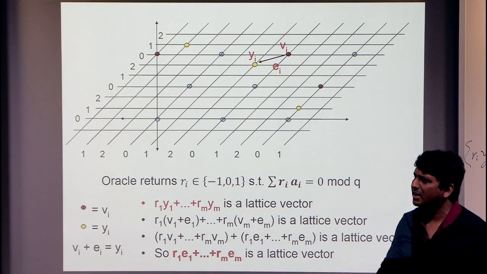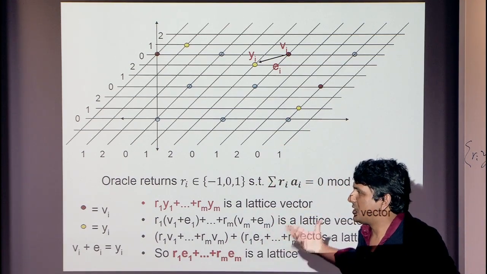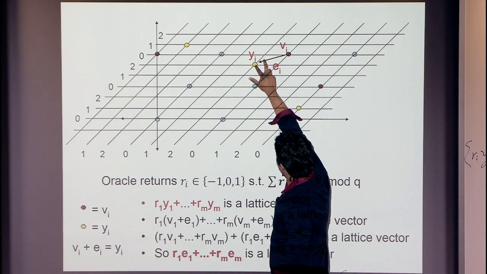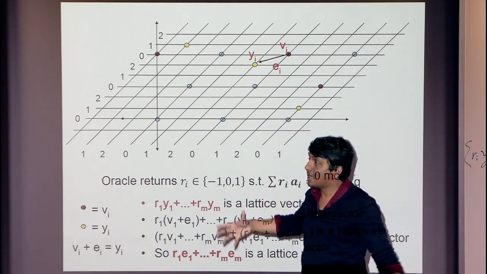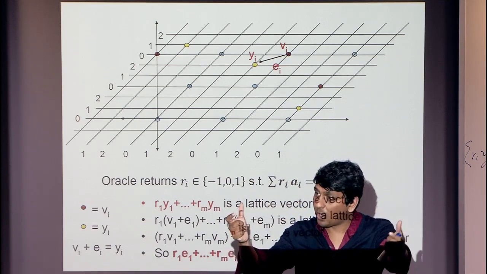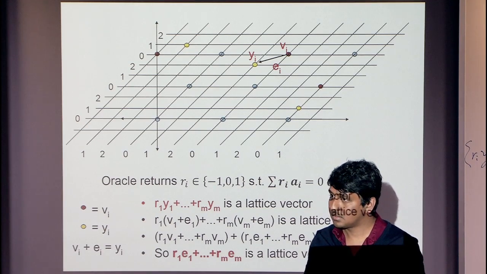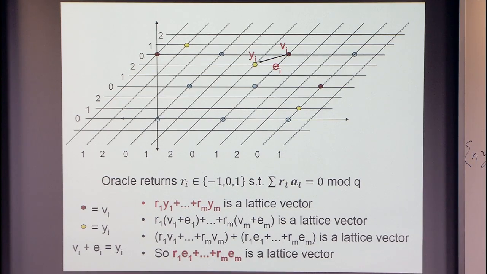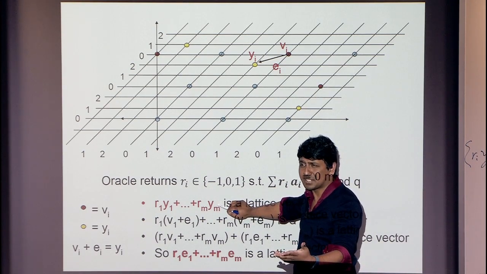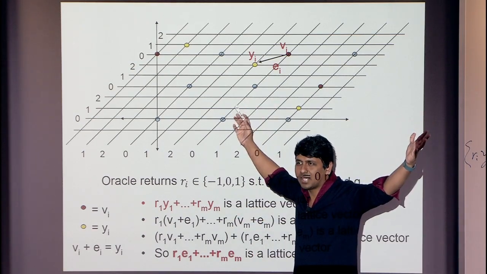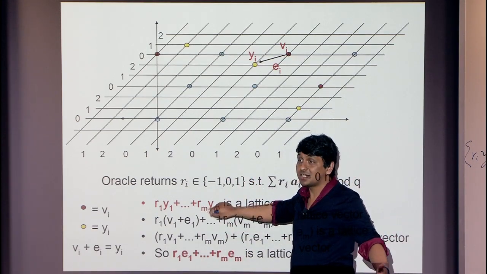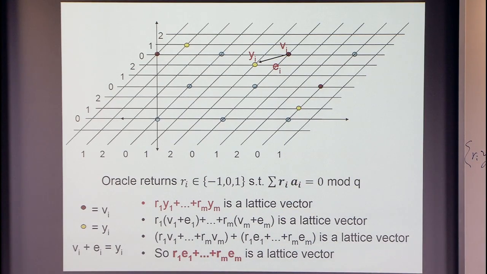Yi is good, but it's sort of large. What is the use for me? The point is I want to get a short guy. And the point is that if I take not the sum of Yi's, but the sum of Ei's, that is also a lattice vector, because Ei and Yi differ by a lattice point. Makes sense? Good. Okay, so now I'm in business. So now I'm back to your question. This was a lattice vector that was good, but it's not a short lattice vector. It's somewhere out there. I don't like it. I want to get here. But if this is a lattice vector, this is also a lattice vector. And now I'm in business.